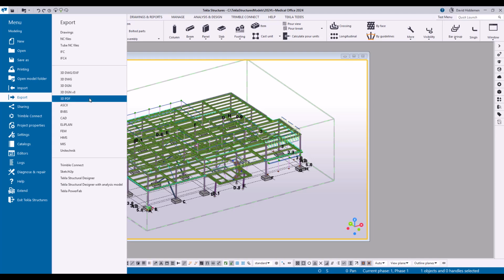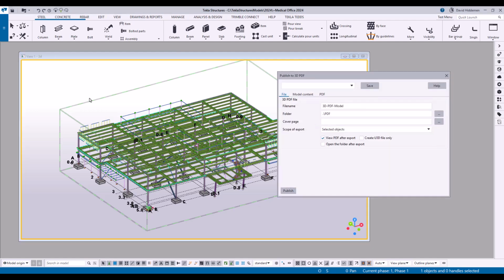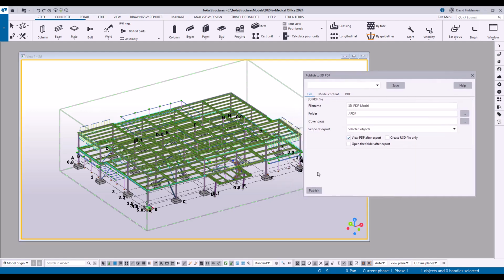So if I go ahead and open this up, we're just going to take a real quick refresher for folks who maybe aren't familiar with this tool. So here we've got some pretty basic options. What's the name of the file that's going to be created? Where is it going to go? So currently into the model folder in a new folder called PDF. Do I want it to include selected objects or do I want it to include all objects? We'll go ahead and hit all. Here I have the option to view PDF after export, which is where it's going to try to open up